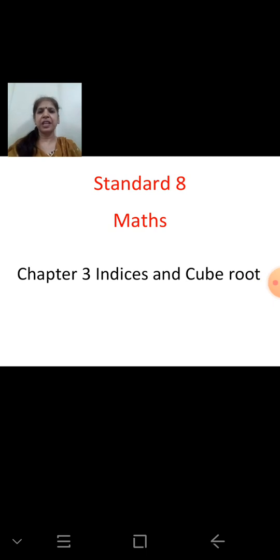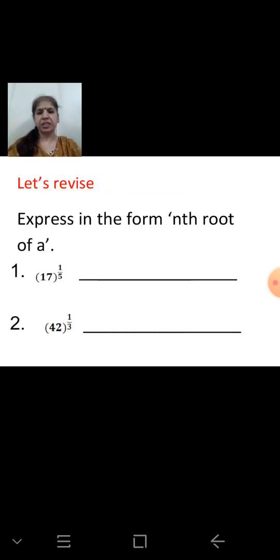Max chapter 3 we will continue indices and cube root. Let's revise what we have studied in the previous session, about the rational indices. The first one was which can be expressed in the form 1 upon n. That is, we have to express it in the form nth root of a. So the first question is